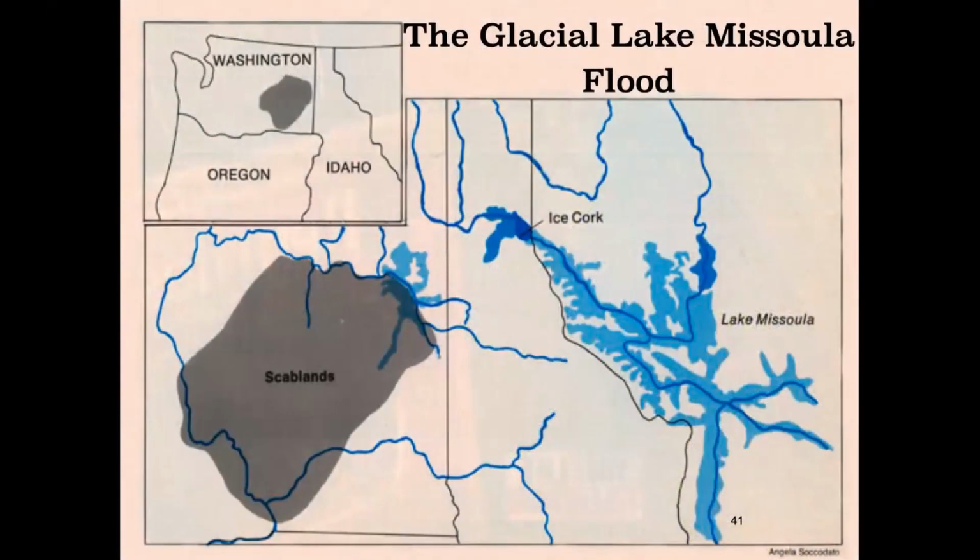So this is a photograph of the glacial Lake Missoula flood. The Scablands that are there, the gray there, it's in eastern Washington State. This is where the proposed ice cork was. But when he published this in the 1920s, this was at the height of the whole Scopes monkey trial, and Darwinism and all that. And now get this,